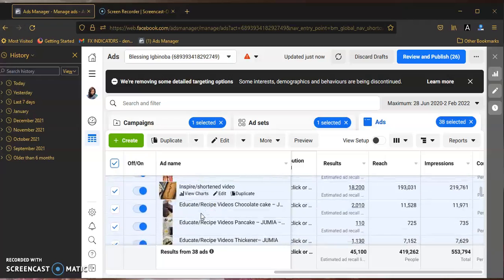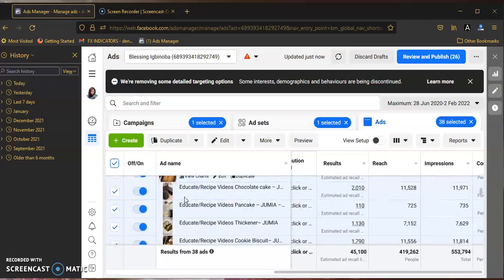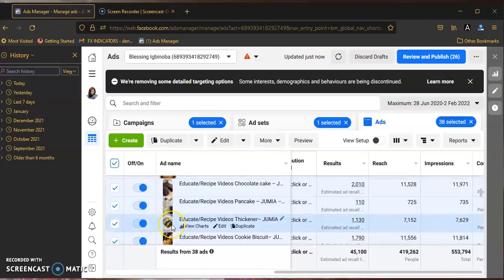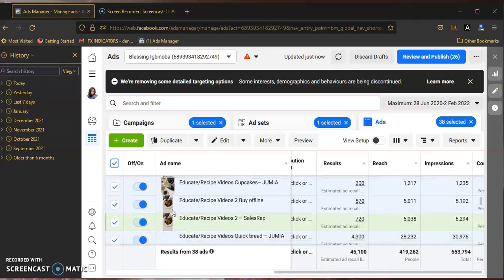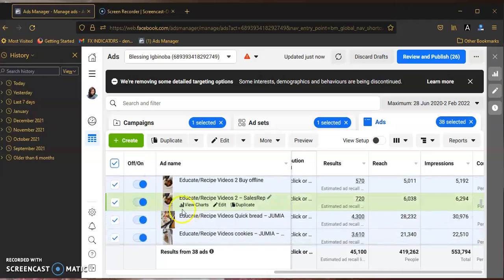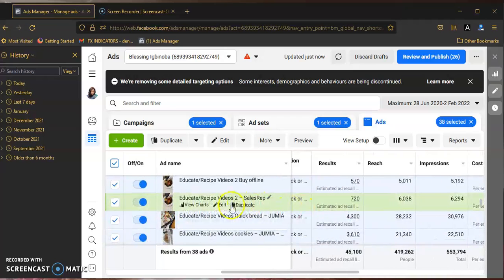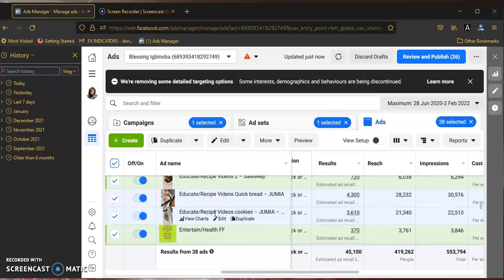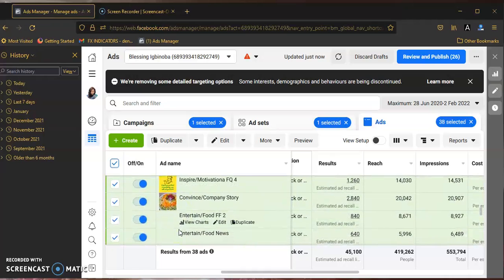So this is the image. If you look at it, these are things that we posted. So these are the images. This is our image. I'll still take preview so that we see the larger imprint. These are the results, the performance of each of these adverts, how much they reach, and the results that came from them. So these are content that were promoted.